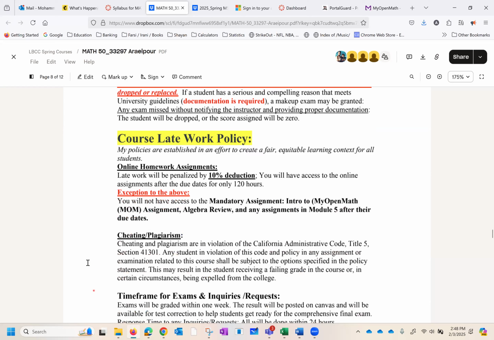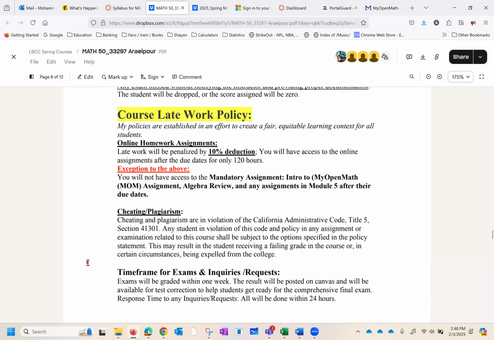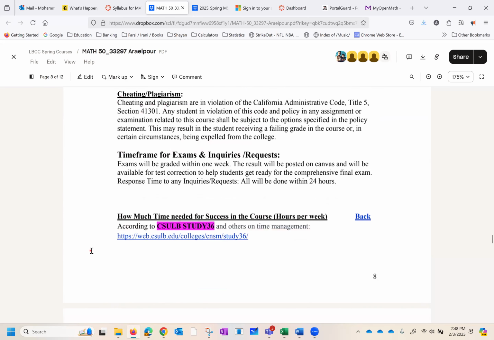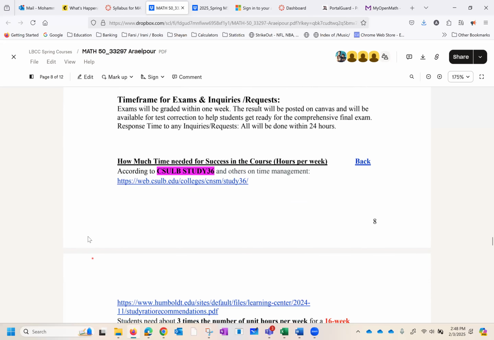Regarding late work, in the case of some of the homework you may use a late pass for a 10% deduction. I highly recommend you don't do that, because normally students who do that get behind and can't catch up. After that, there is other information here that you might find helpful.